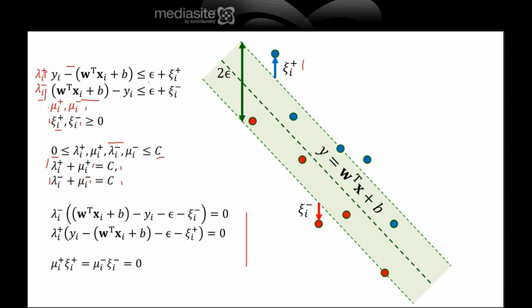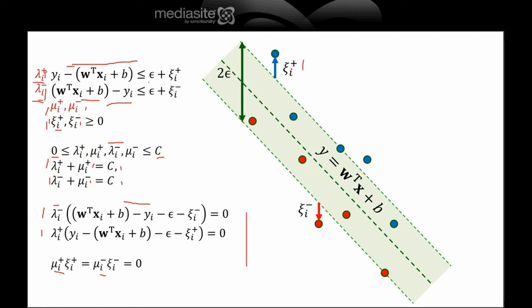So if I multiply lambda I plus with this constraint, I get this expression, and when I multiply lambda I minus with this constraint, I get this expression, and when I multiply mu I plus times zeta I plus, I get this expression, and likewise for this expression, and they're all equal to 0, which means that either the constraint is inactive, or if the constraint is active, then lambda I plus is,